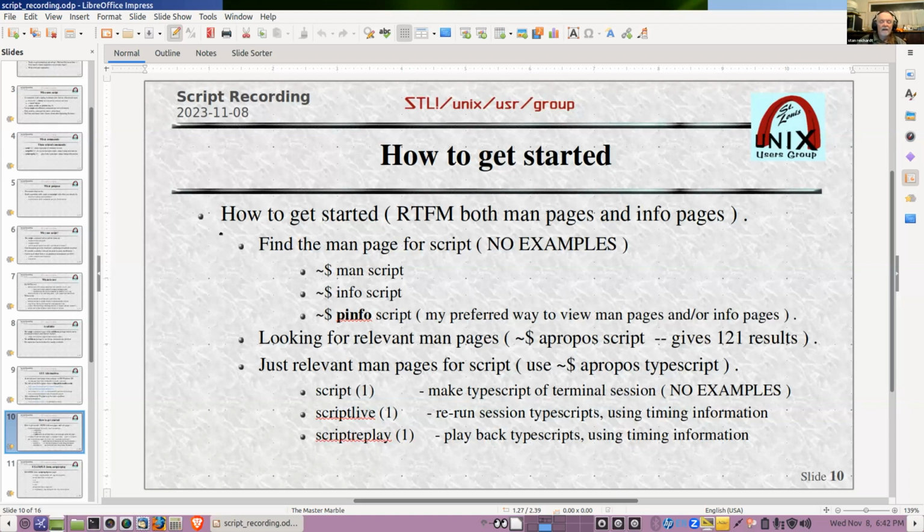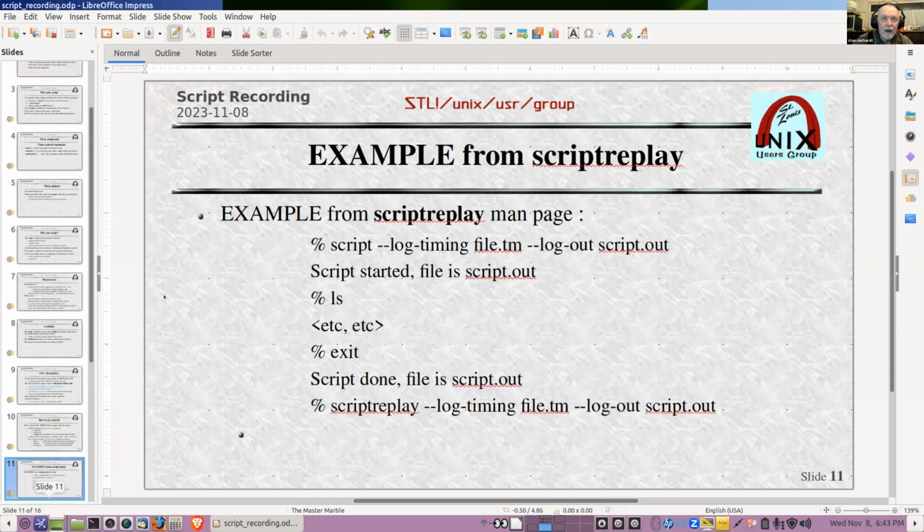So like I said earlier, I did the apropos on script and it got 121 results. And I went through and looked at all of those, or at least the names and the descriptions of them, and got down to a thing called script. And each one of them, in their definition, talks about a thing called TypeScript. So in the man page, it refers to TypeScript. So that's what you're actually creating.